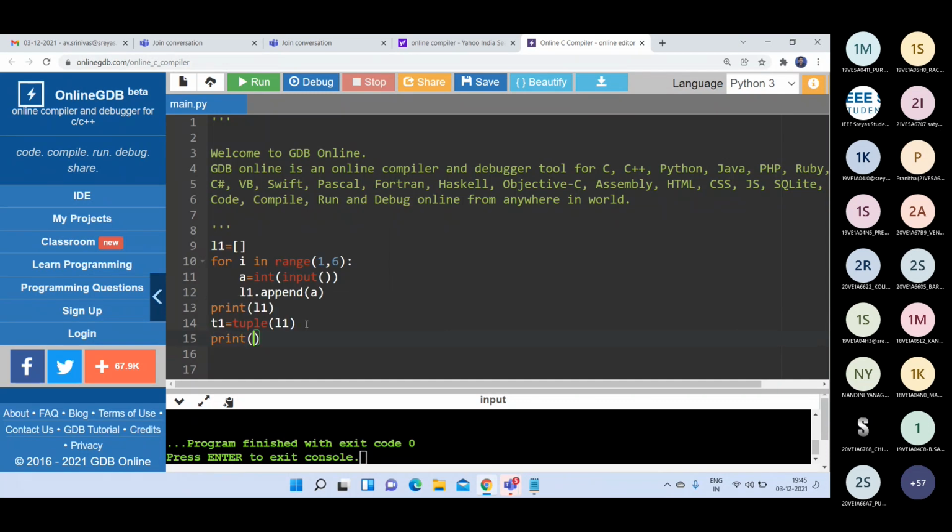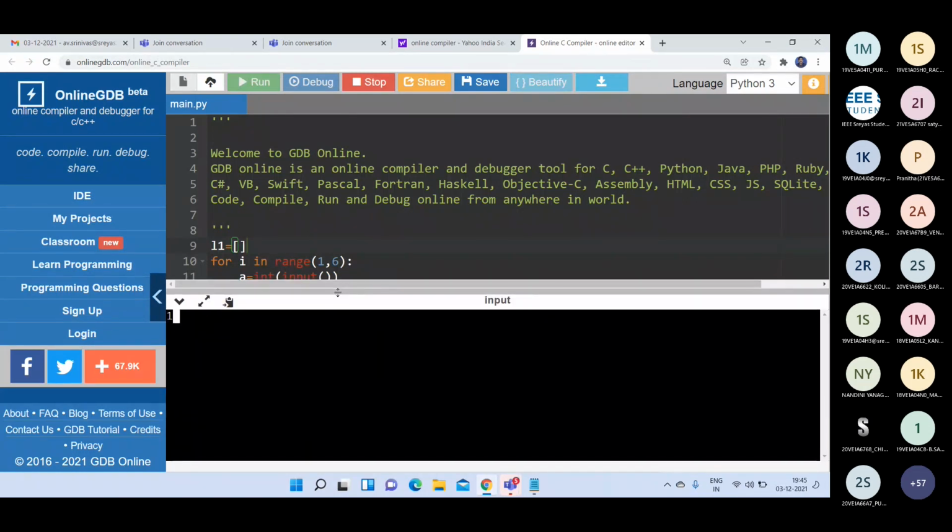Now if you print T1, that will be displayed as a tuple here. See here, I have to give some values. Suppose I am giving 1, then 4, then 6, then 8, then 9. See here, first one is a list, second one is a tuple. You cannot directly read the tuple values from the keyboard, but you can read into L1 and you can convert it into a tuple. Okay.